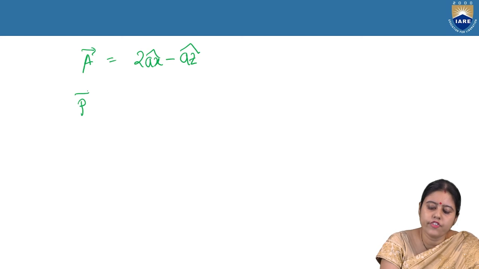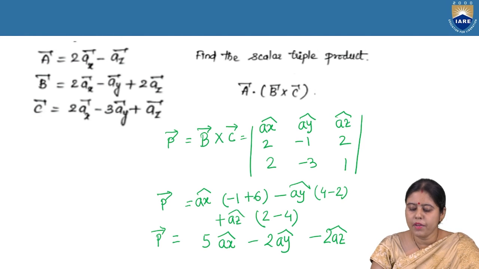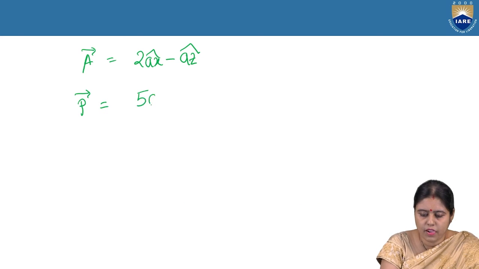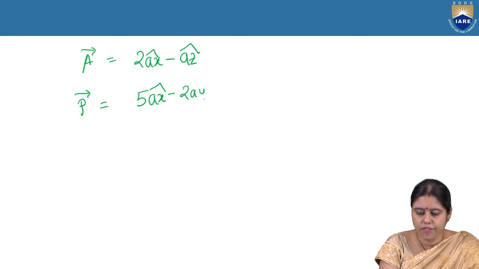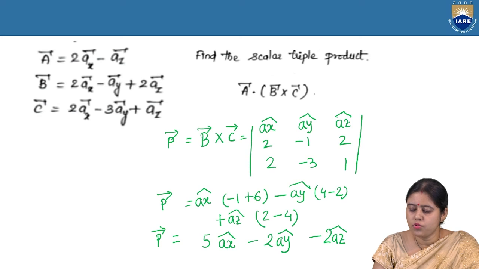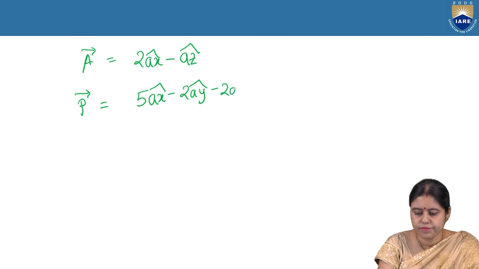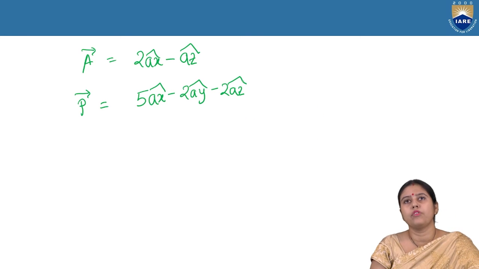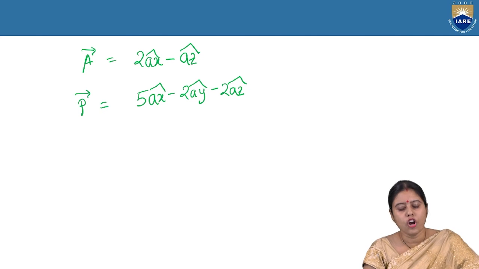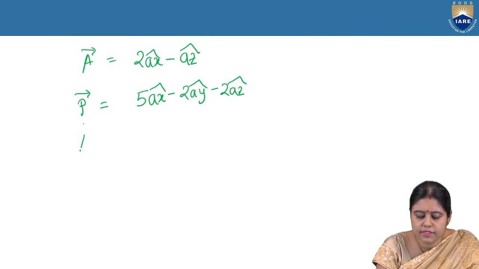What is our P matrix? We have already calculated. P matrix is 5ax minus 2, minus 2az. Already we have calculated. What is P? P is nothing but B cross C. So what is